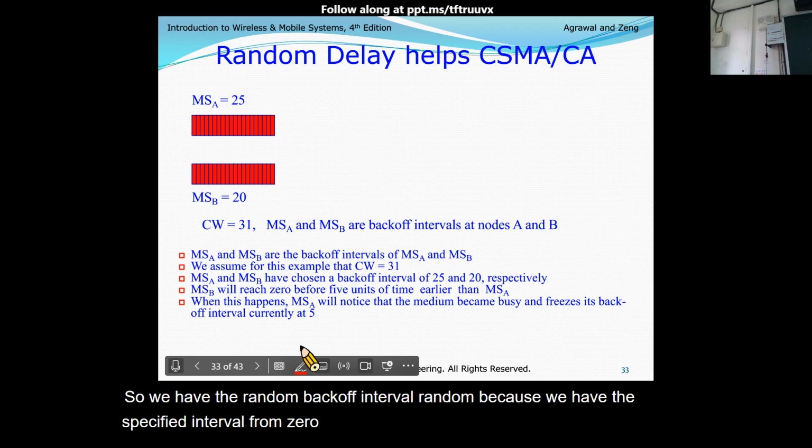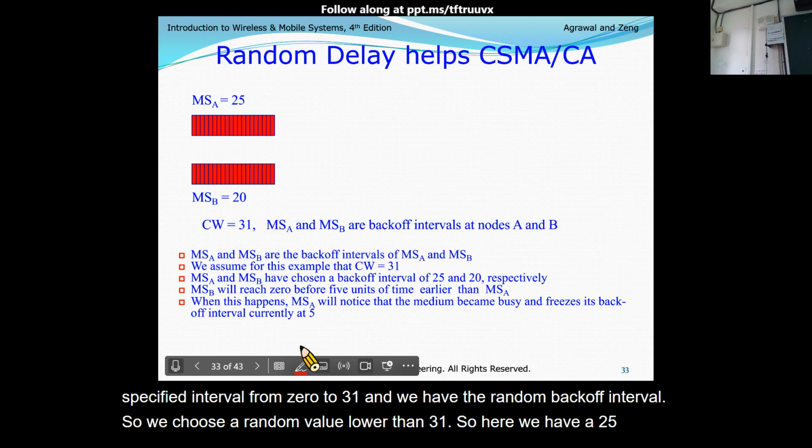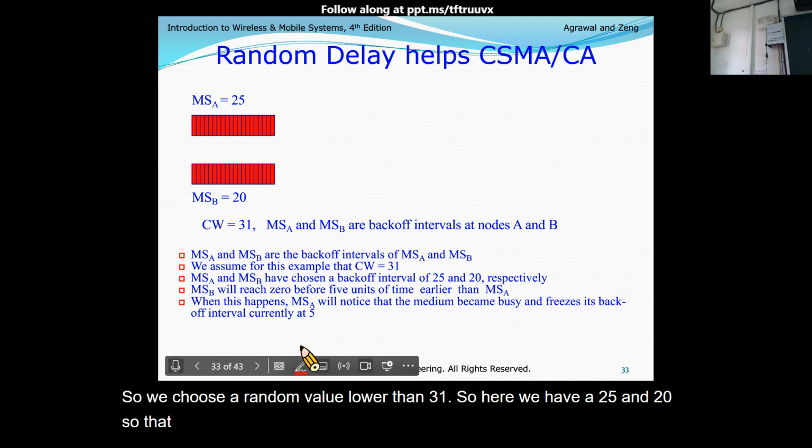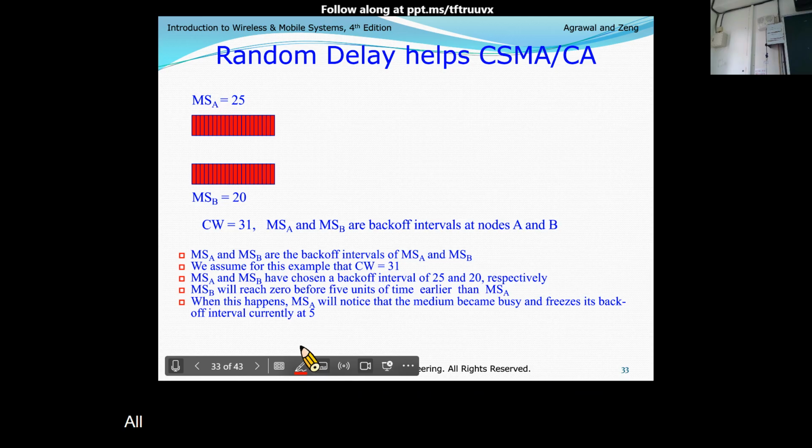So we choose a random value lower than 31. Here we have 25 and 20, so currently we have all the settings for station A and station B.